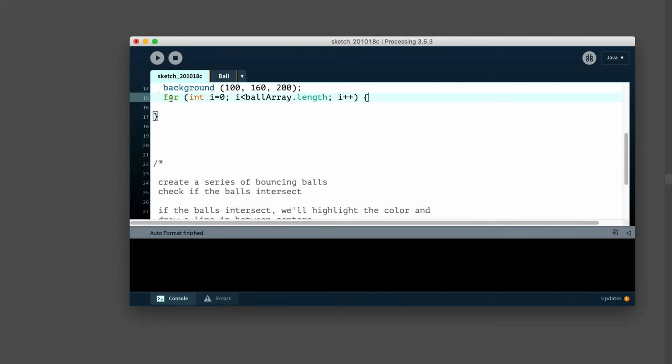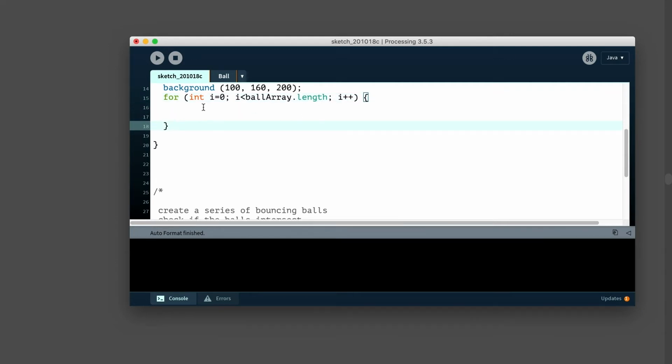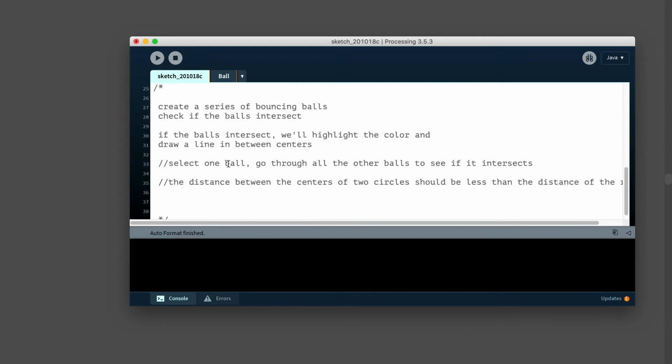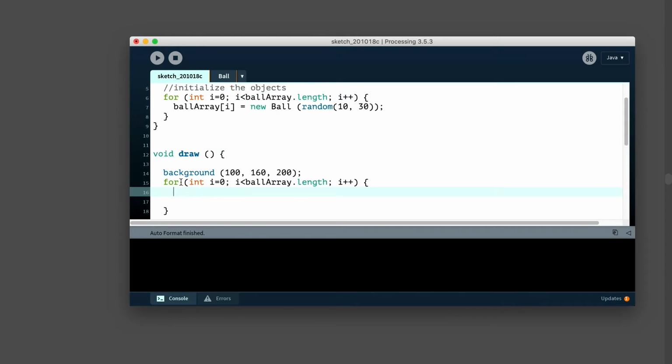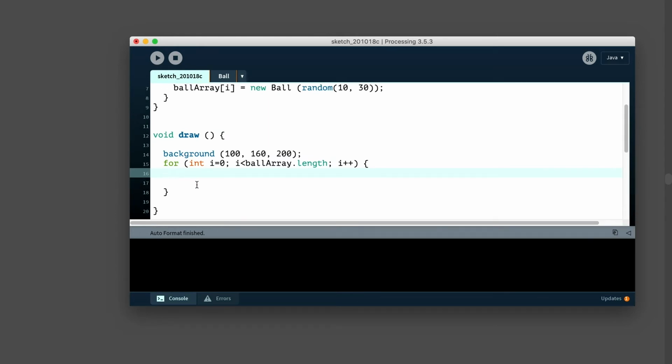So I'm going to grab the same for loop, and I'm going through here. I believe earlier I said something like, we'll select one ball, then go through all the other balls to see if it intersects. So in order to do that, I think we're going to have two loops going inside of here. The first thing we might want to do is just move everything. We'll run the move function to just find out the current position of everything.